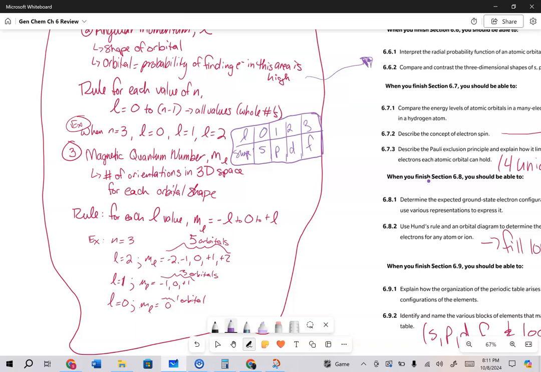I'm sure it's some Latin term for the shape that the p orbital makes. Same with D, same with F. But the number of orientations in three-dimensional space for each of the orbital shapes is going to be your next